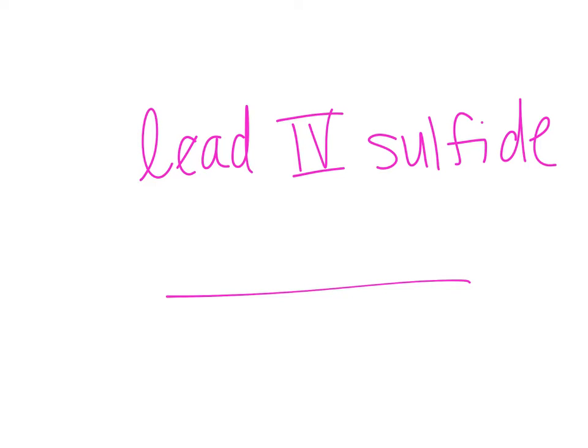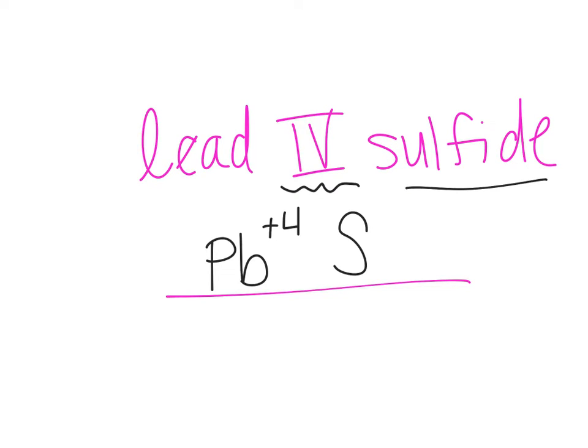Okay. So first we would start with, what's the symbol for lead? Pb. What does this 4 mean? That's the charge. That's what we've been solving for, right? So this one you don't have to solve for. You just have to use it, right? So this is +4. Sulfide tells you what element? Sulfur. And what charge does that one have? A -2. So you take those values, crisscross them, and we get